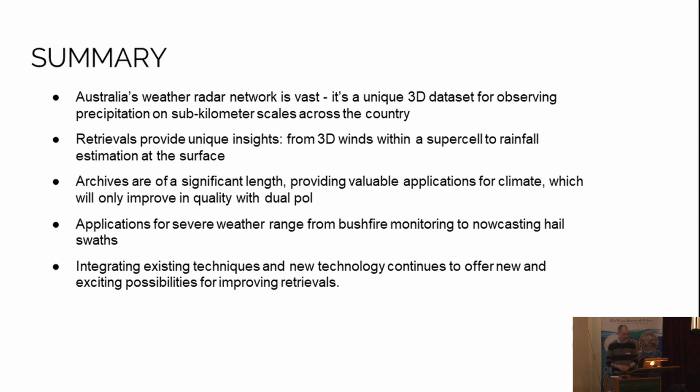Just in summary quickly, Australia's weather radar network is vast, and it's a truly unique data set for exploring sub-kilometre scales of precipitation across the country. There are many retrievals out there that people don't know about, so have a look at them if you have come across them in the literature. The archive length of radar data in Australia is considerable. We have over 20 years for a number of sites now, which is starting to become more useful for climate